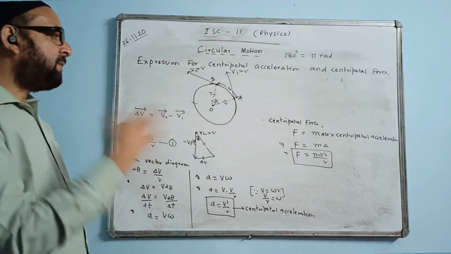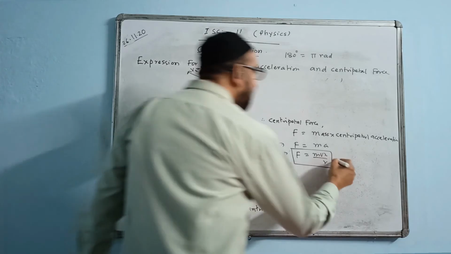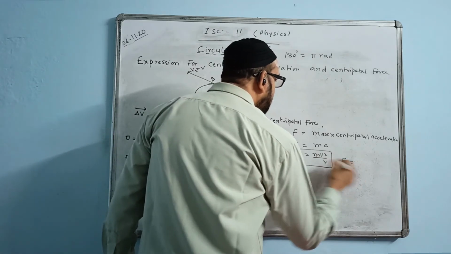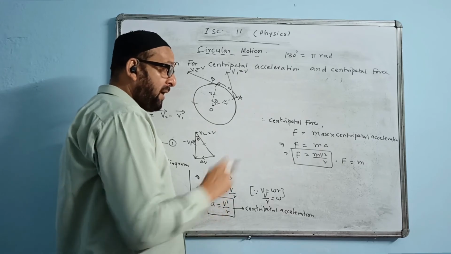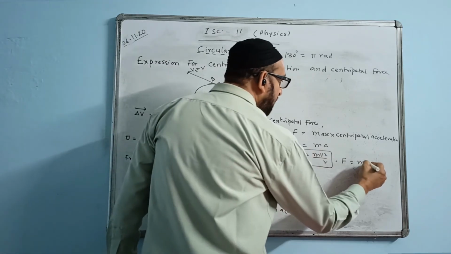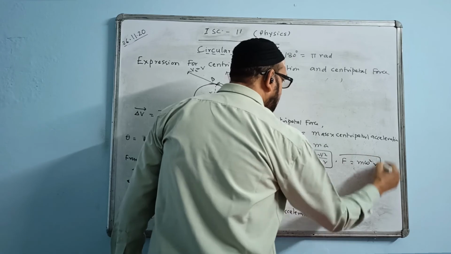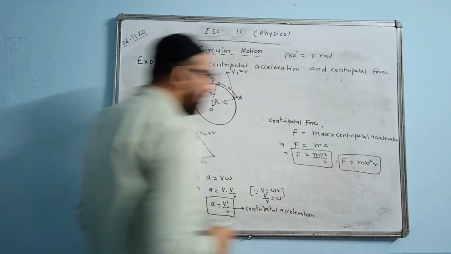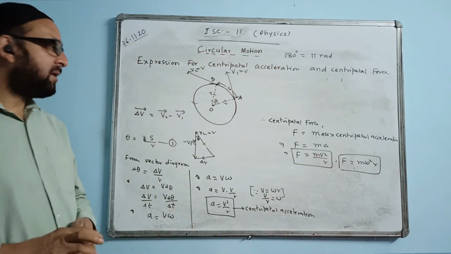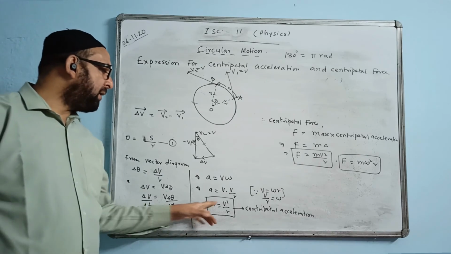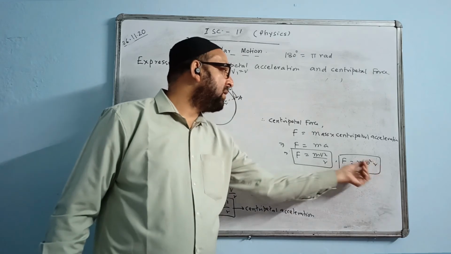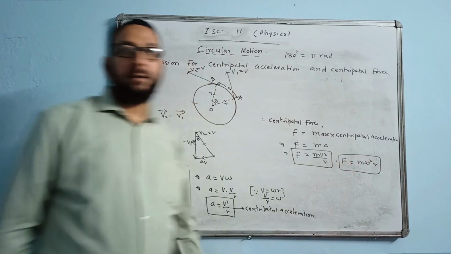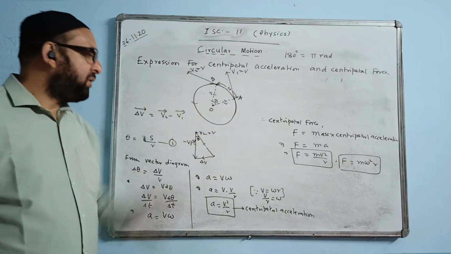This formula we can express in another form. We can write F is equal to m as it is, and v value is omega r. So omega square r square by r cancels, and the answer will remain only m omega square r, in terms of omega. In terms of velocity it is the other form, but both the formulas are the same. Here the acceleration formula in terms of v is v square by r, and in terms of omega it will become omega square r. So this is how we change.